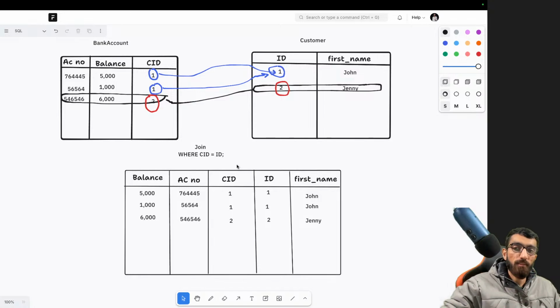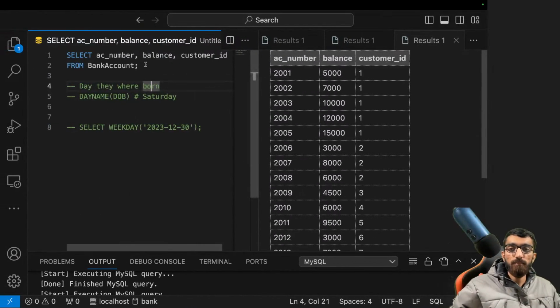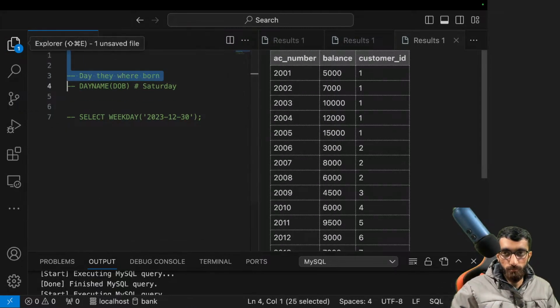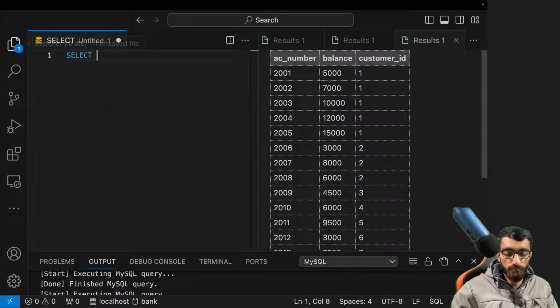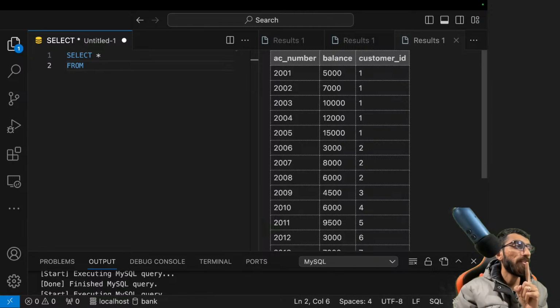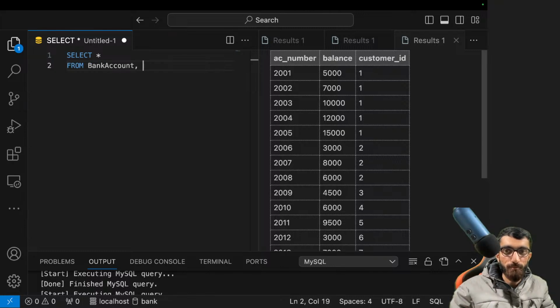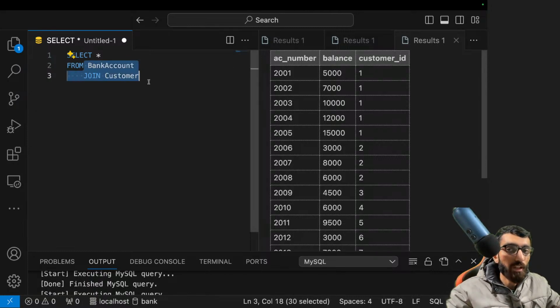Let's go back, do the same thing in our SQL. So now I want to, let's select everything from, so now one table is not involved, 2 tables are involved, right? So now you have to say, I want to select from bank account and customer. Or you can say, like this is better, join, right? Customer. What are you doing? I'm joining these 2 tables